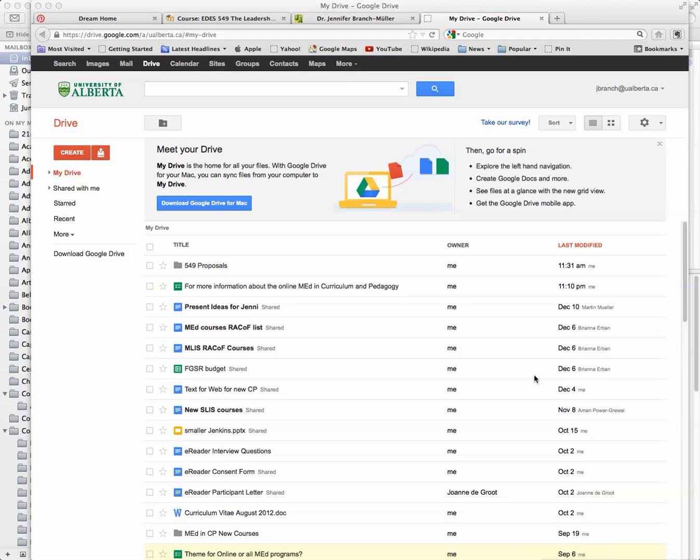We're going to just do a little walkthrough about how to use Google Docs or Google Drive. You'll notice that Joanne and I have taken our U Alberta and changed it from a Docs to a Drive, which will give you this download Google Drive for Mac or download Google Drive for PC when you open up your Google Docs. To get there, if you start from the U Alberta page,